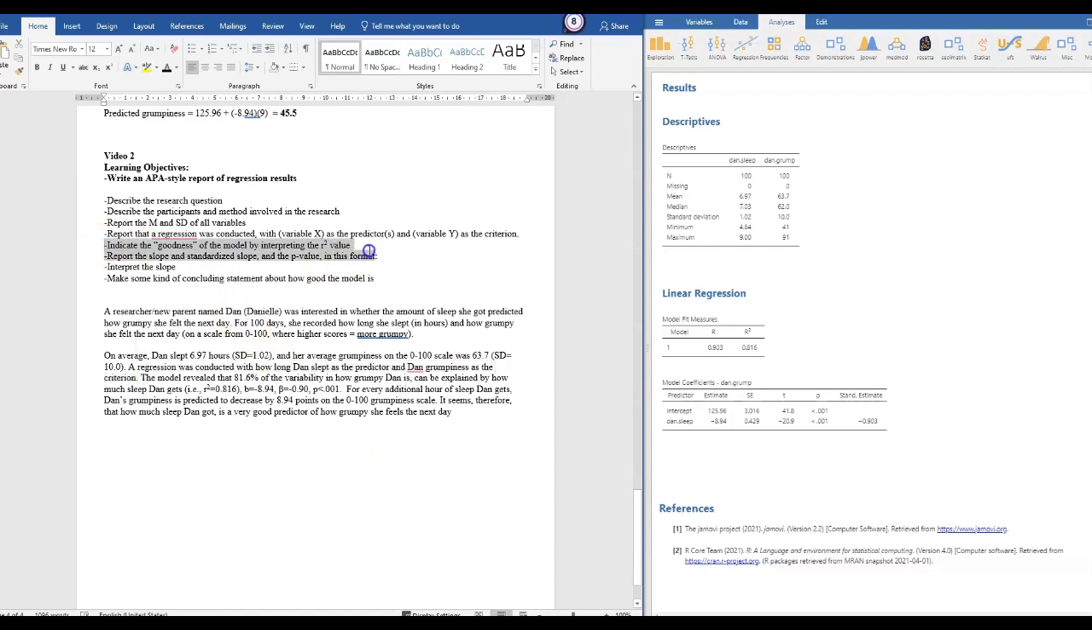The very first thing that you do when interpreting the numbers, the regression result, is cite and then interpret the R-squared value. We do it like this. Recall that R-squared is right here. 81.6% of the variability in how grumpy Dan is can be explained by how much sleep Dan gets. Okay. And then you put in brackets, i.e., R-squared equals 0.816. And then after that, you simply report the